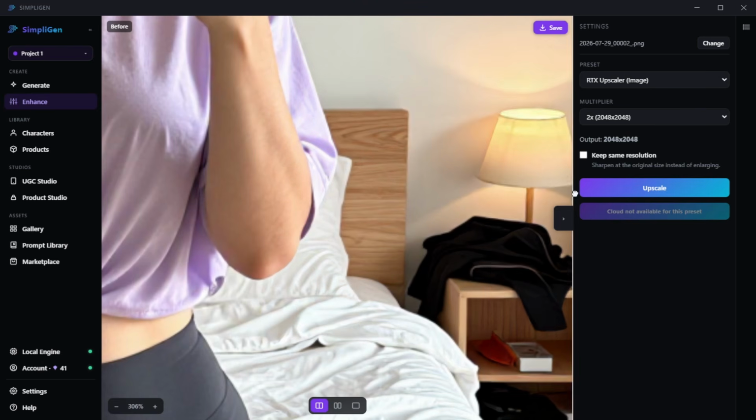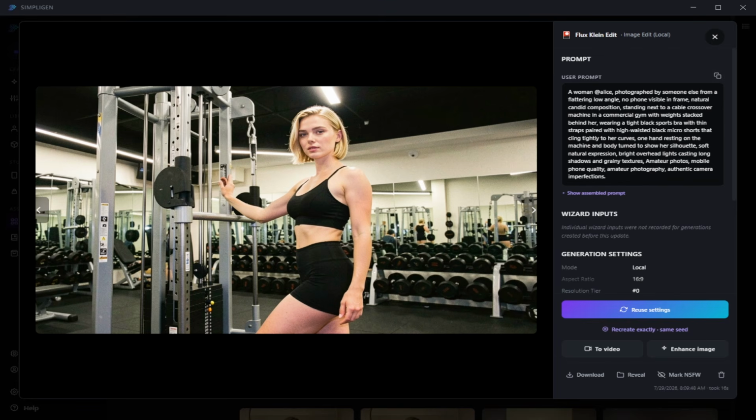And after upscaling, we can see that the overall fine grain and resolution of the photo has increased drastically. So I really recommend using this upscale feature. It's super awesome that it's built right into SimpliGen. So now I'm going to show you guys how you can make videos with the character that you've created inside